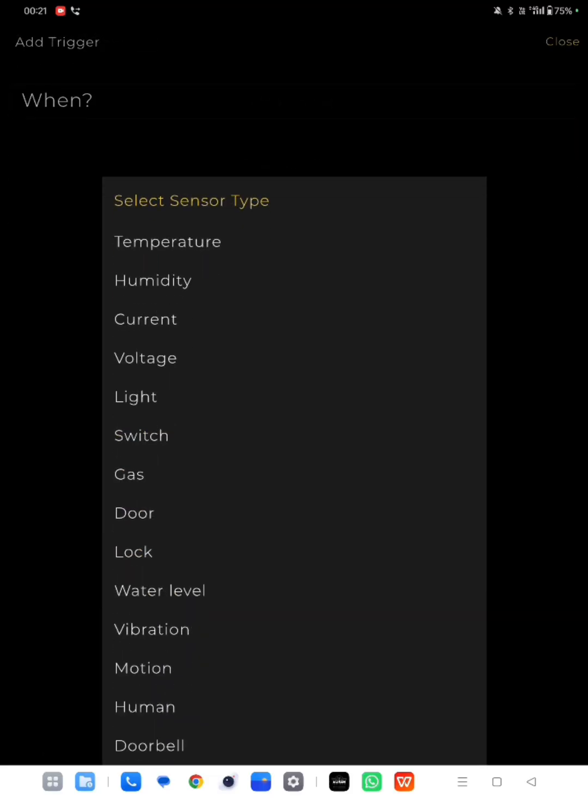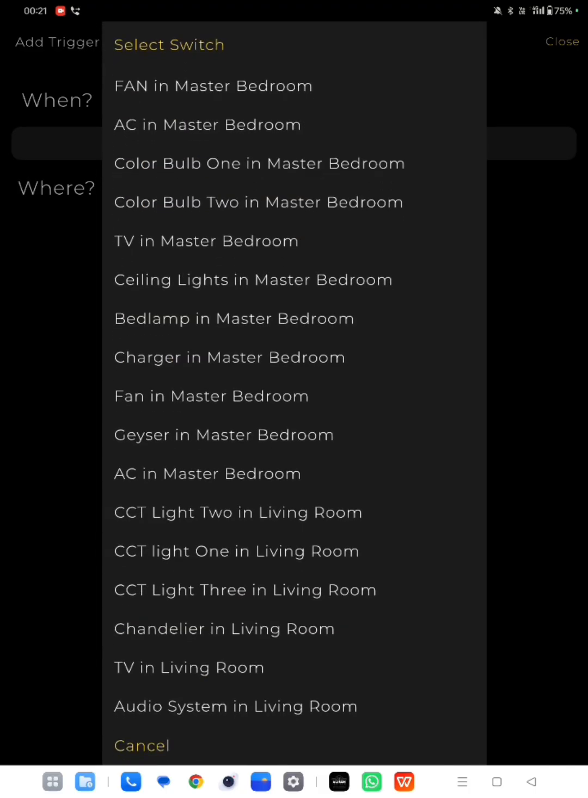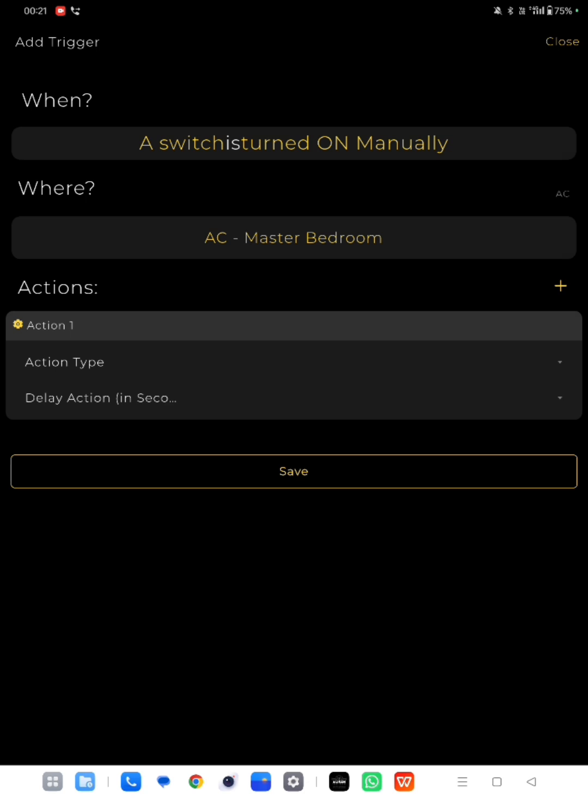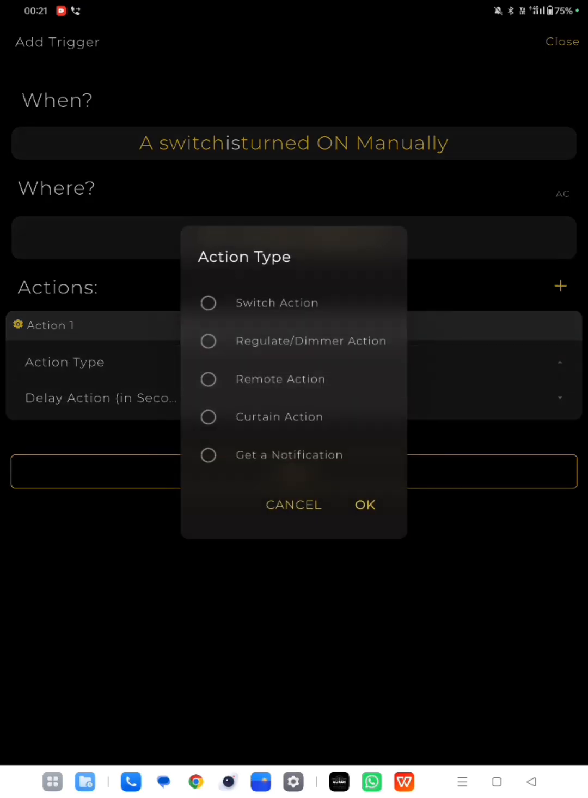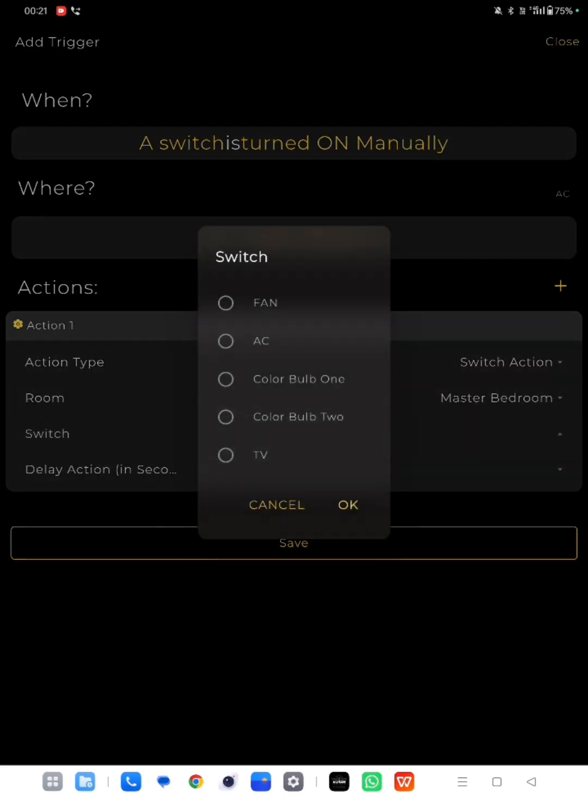And then these types of triggers are there. So you have to go to switch. When a switch is triggered on, what needs to be done is, for example, AC in master bedroom. And in this, you should go with manually, not with app or online, because it sometimes creates problems. So we recommend you go with manually. And what type of action you want to do is